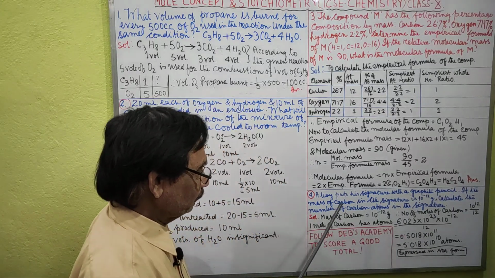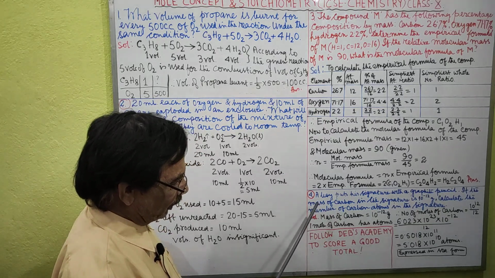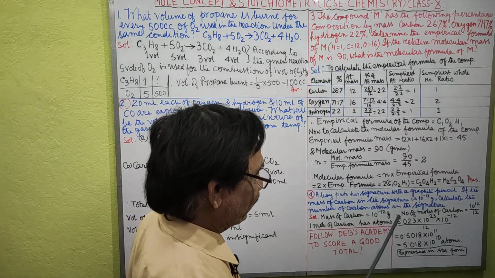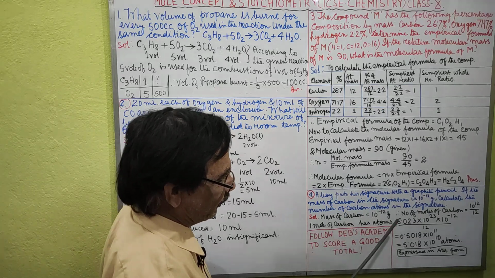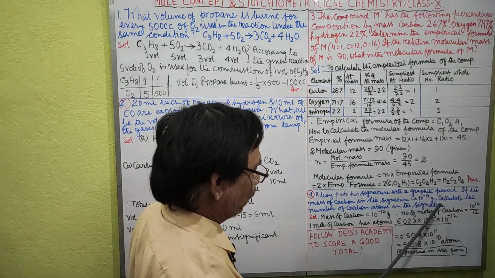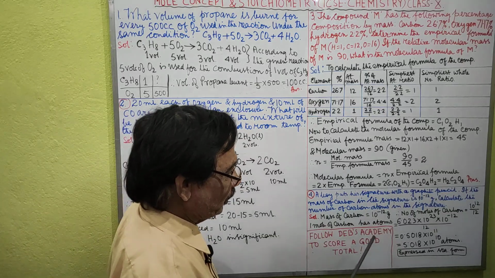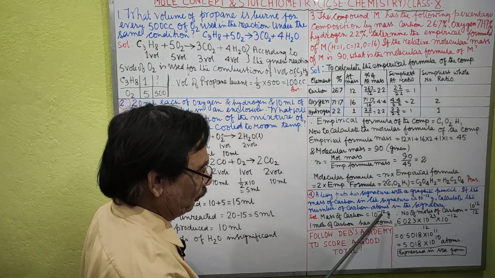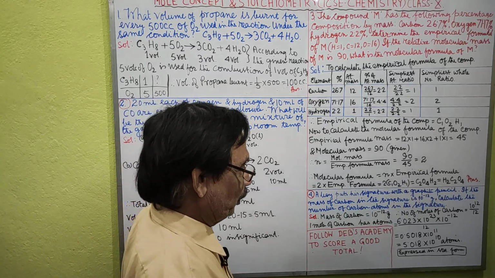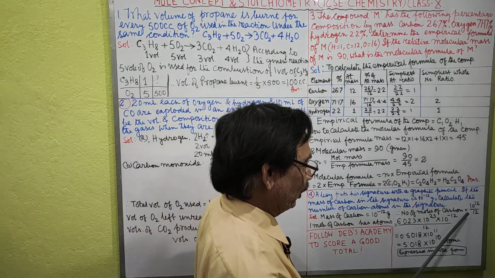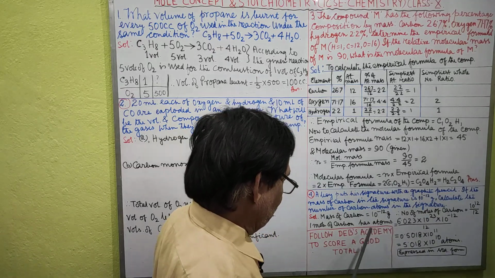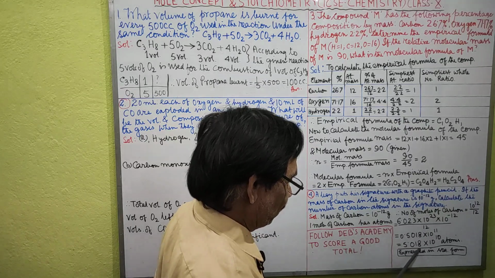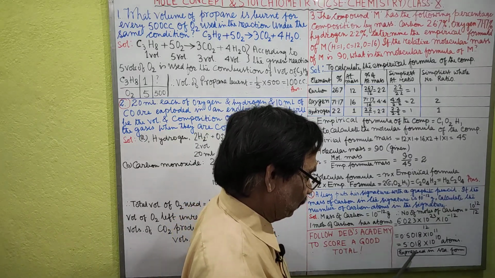Next one, a very interesting sum. A boy puts his signature with a graphite pencil. If the mass of carbon in the signature is 10 into 10 to the power minus 12 gram, calculate the number of carbon atoms in the signature. The number of moles will be the mass divided by 12. So 1 mole of carbon has this many atoms, so this will have this much. It is expressed in standard form now.